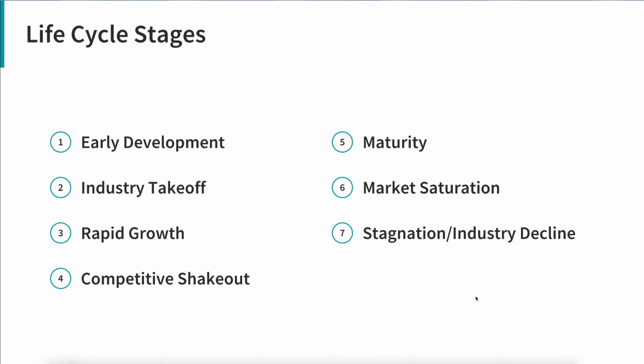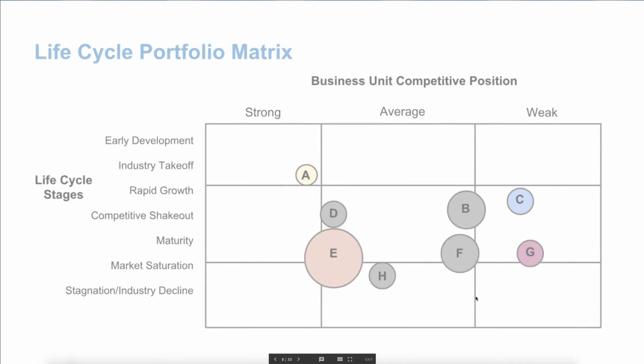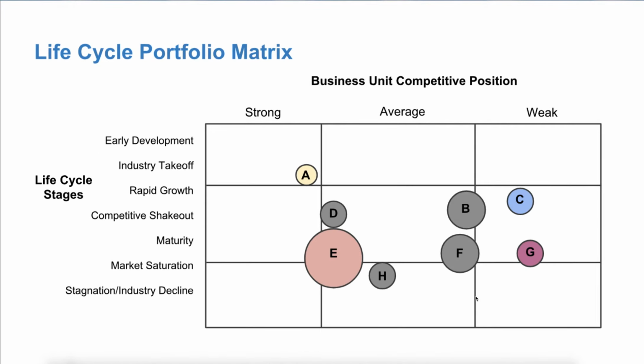And another way to look at it that investors often look at this kind of thing is by taking a look at the life cycle portfolio matrix. Here, I know there's a lot of letters there that might represent various different companies, but if you look at E, for instance, there's heavy market saturation. The business competitive position is strong. It's got a lot of money because it's a bigger circle. What that's saying then is that company is in a really strong position to do well in the marketplace,